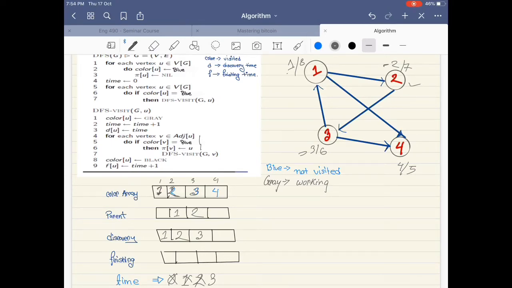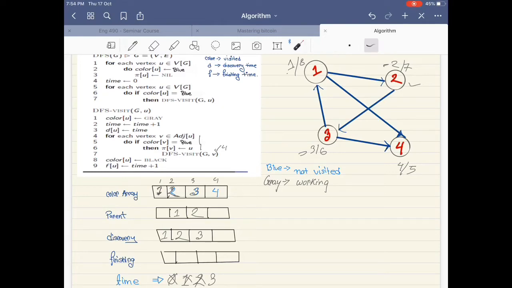Anyway, so we are gonna go through all of this, right? So you're gonna check the adjacent. Let's say it's 1. Is the color of 1 blue? No, we don't work in this. We go back and check if the color of 4 is blue. Yes, the color of 4 is blue. So we are gonna pass 4 here,